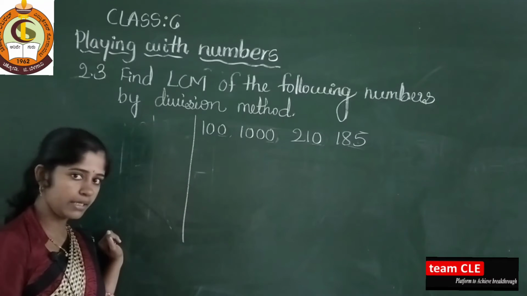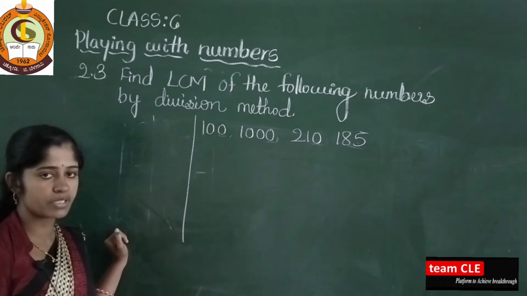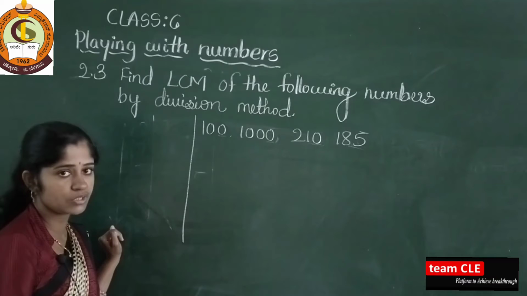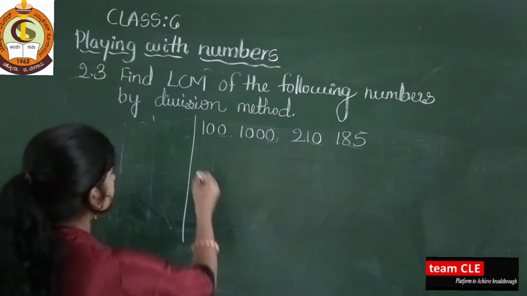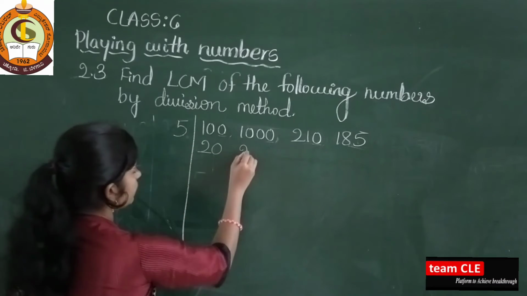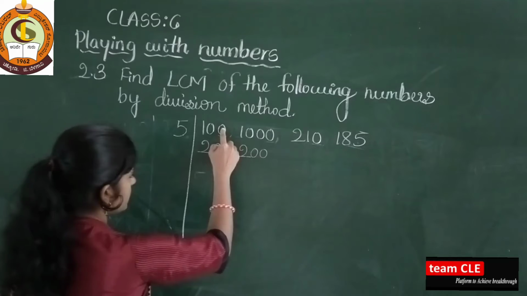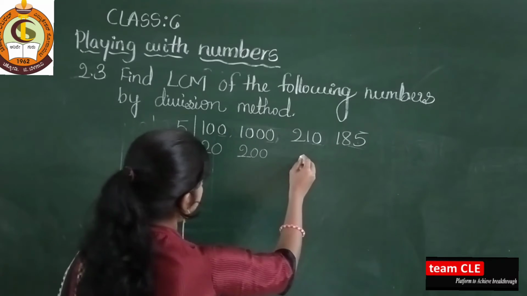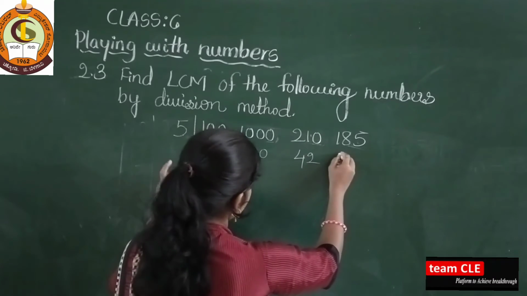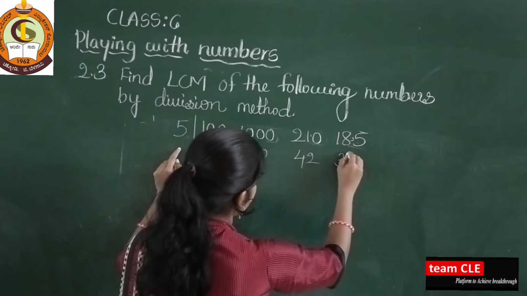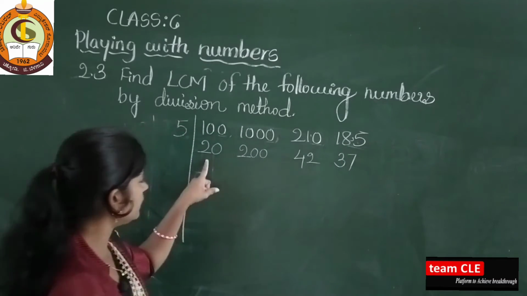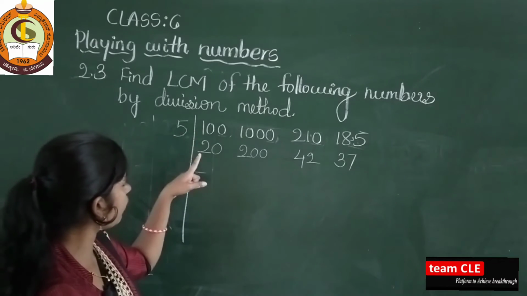In the ones place, 0 and 5 means that number is divisible by 5. I already told you this when I was teaching the divisibility rules. So divide these numbers by 5: 5 2s are 10, 5 2s are 10, here 2 zeros. Next, 5 4s are 20, 1 remains, 5 2s are 10. Next, 5 3s are 15, 3 remain, 5 7s are 35. So dividing 100 by 5, I got 20.